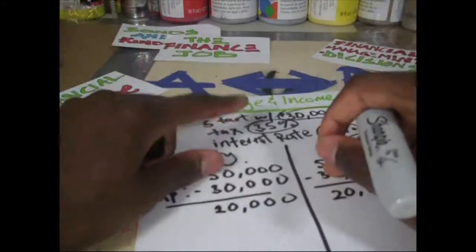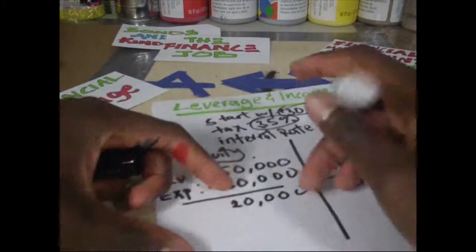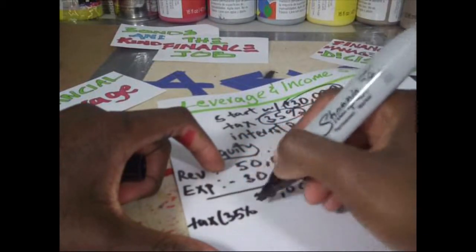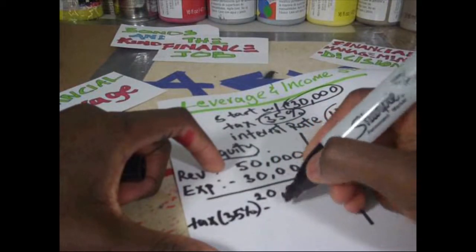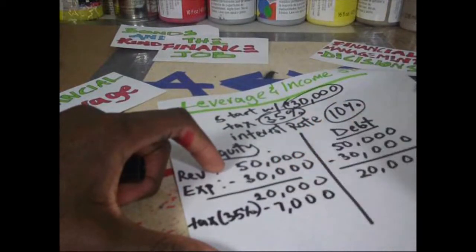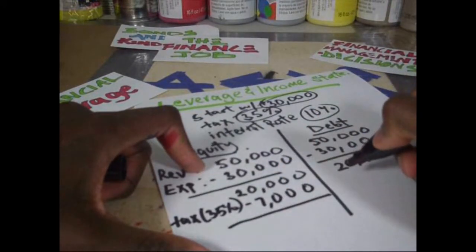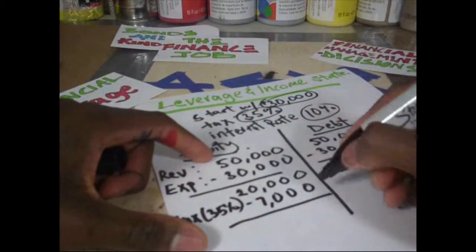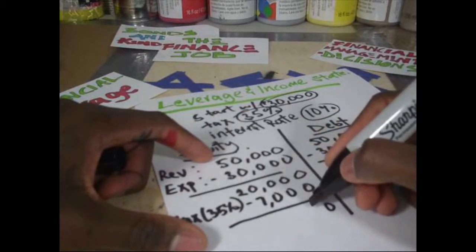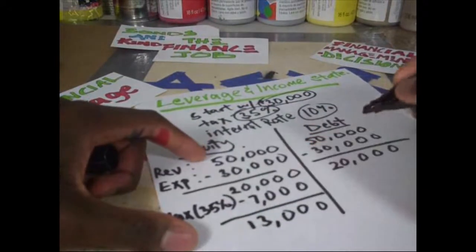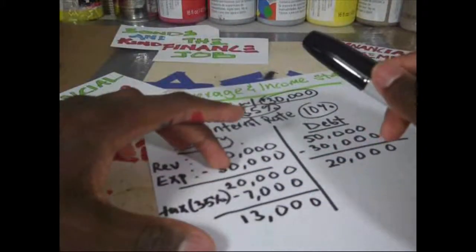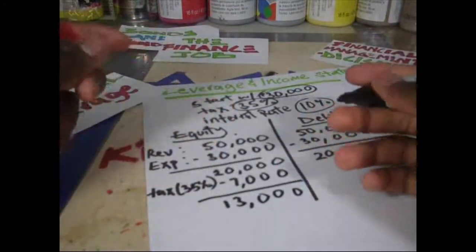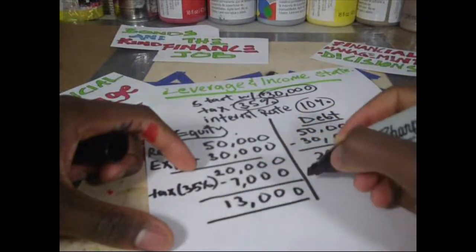So let's say tax here, we said is 35%, right? So 35% of 20,000, so tax, all right, is 35%. So we're going to subtract, if I'm not mistaken, $7,000. Right? We don't have to worry about interest, so we're just taking out tax. So at the end of the day, our net income is practically going to be, make sure I do my math here, $13,000. Okay, so we spend the $30,000 out of our own pocket. It's no longer with us, but we're hoping that year after year we get to keep making at least the $13,000.